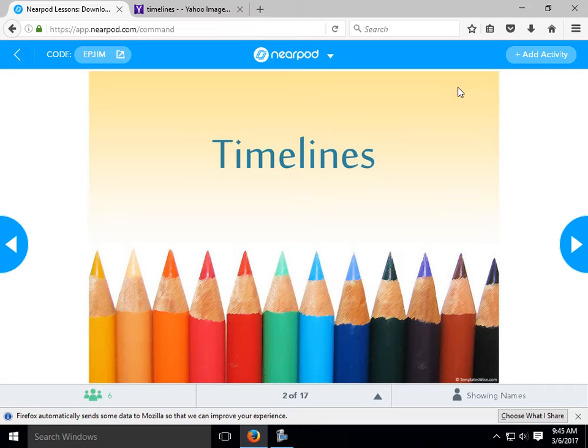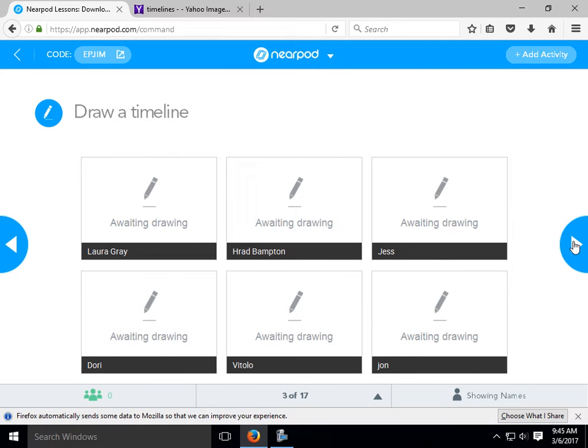Okay. So, his timelines, and then obviously when I change slides, yours change slides. And you have the thing that says draw a timeline. So you would use the tools on there and draw a timeline. Now, as you can see, I've got